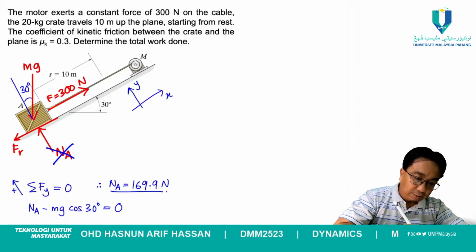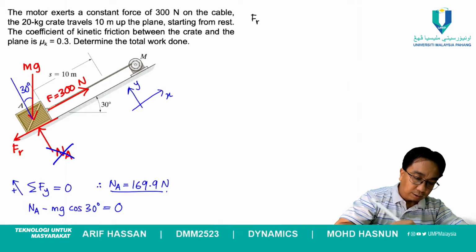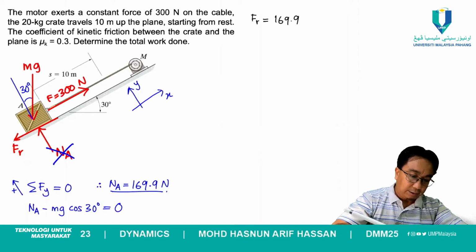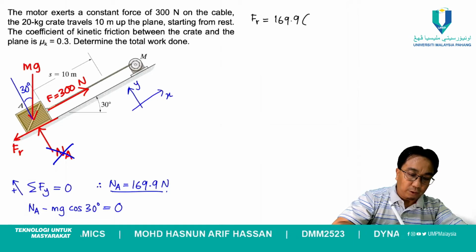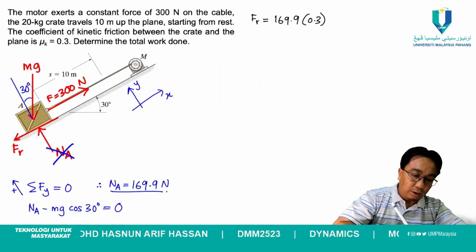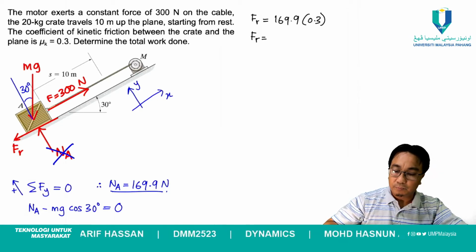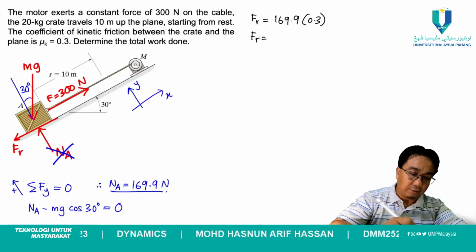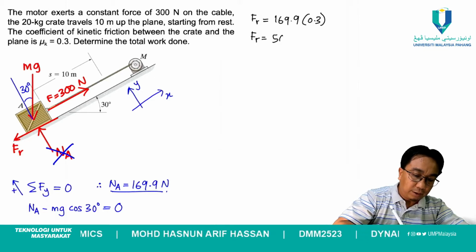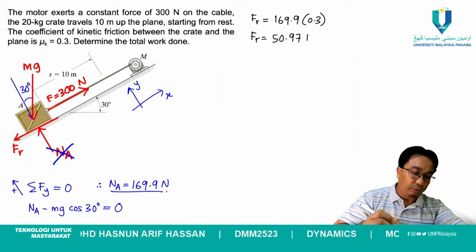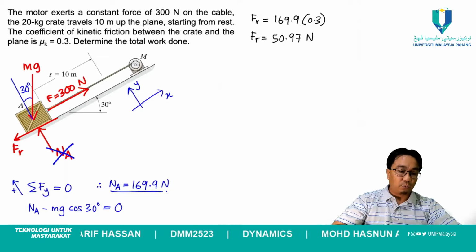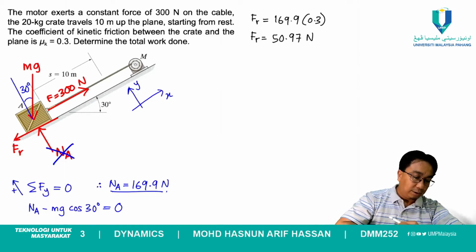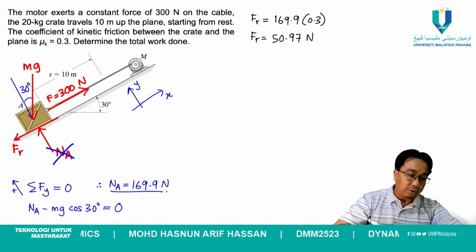So Fr is 169.9 times 0.3, the mu k. So Fr is equal to 50.97 Newton. Okay, so we can use the method suggested by our friends just now, just balancing out force in